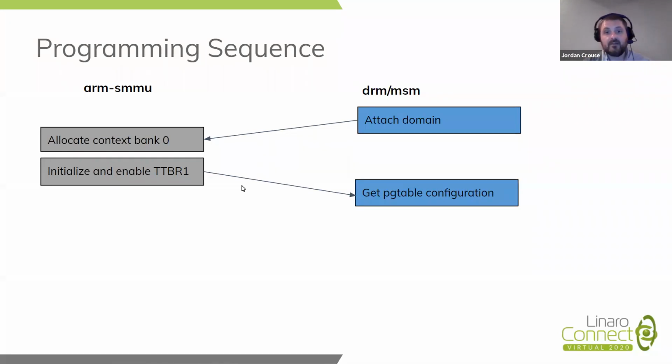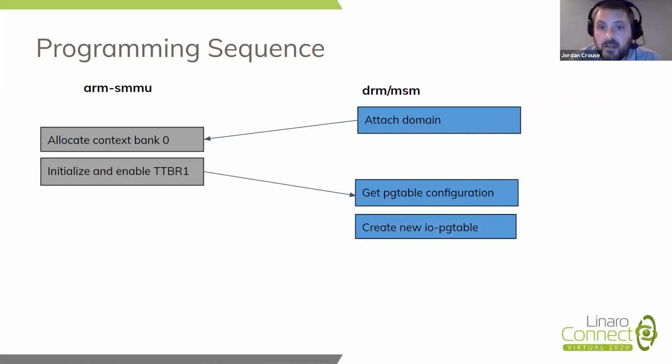So when we get the device data, there's going to be a shared memory, a structure that is a known private member between the Adreno SMMU implementation of ARM SMMU and the DRM MSM. So we can call a hook in there. The Adreno SMMU will give us the configuration of the TTBR1 that just got programmed. And then we can use that to create a new IO page table using the IO page table library. And that will give us a TTBR0, or at least a page table with a physical address that we know, and it will have the same configuration that's already been programmed in